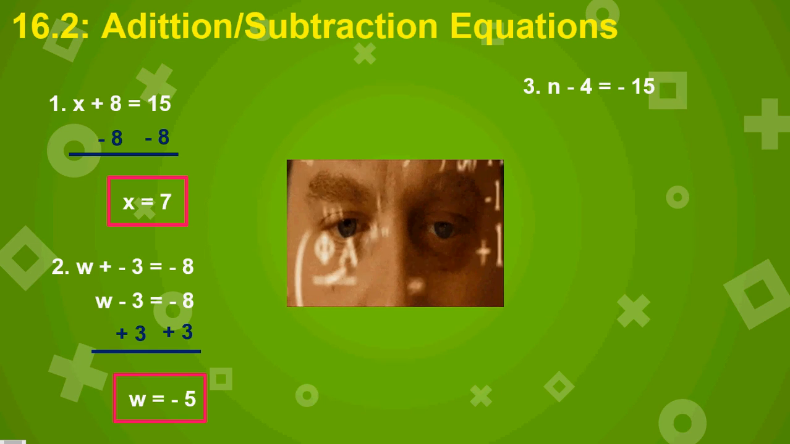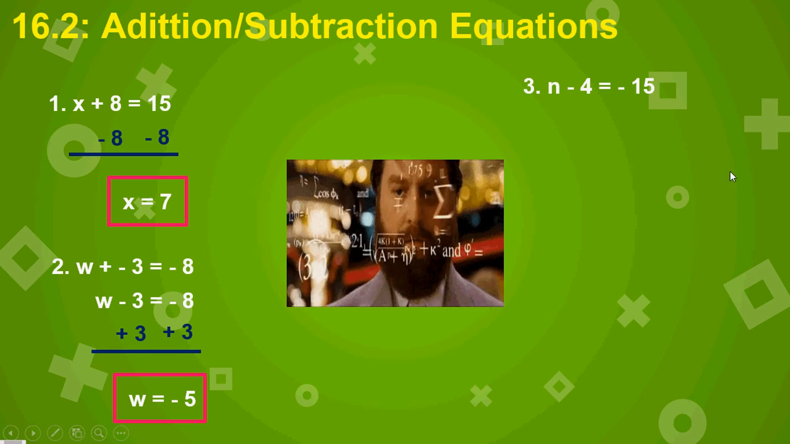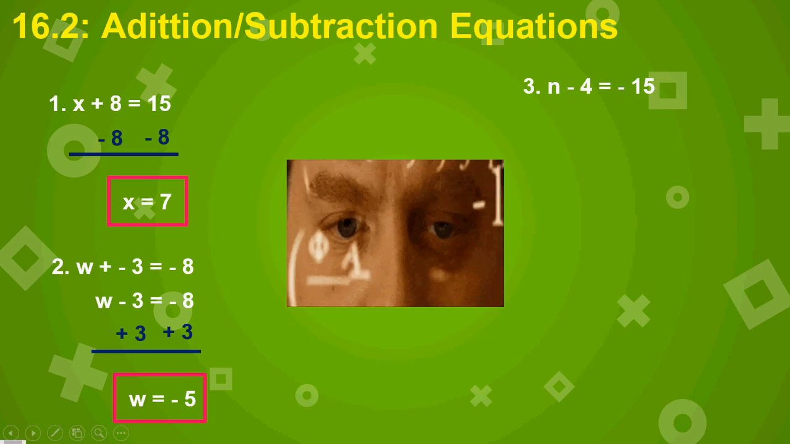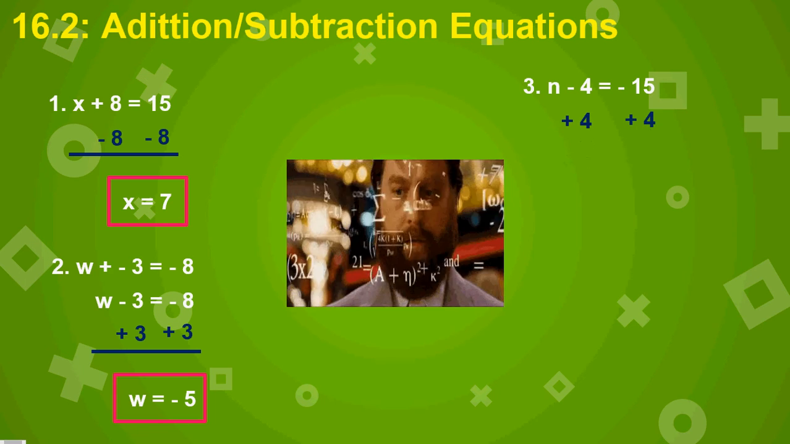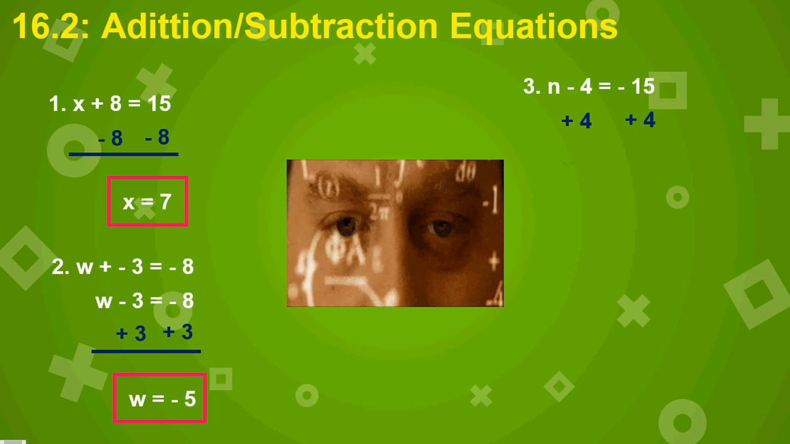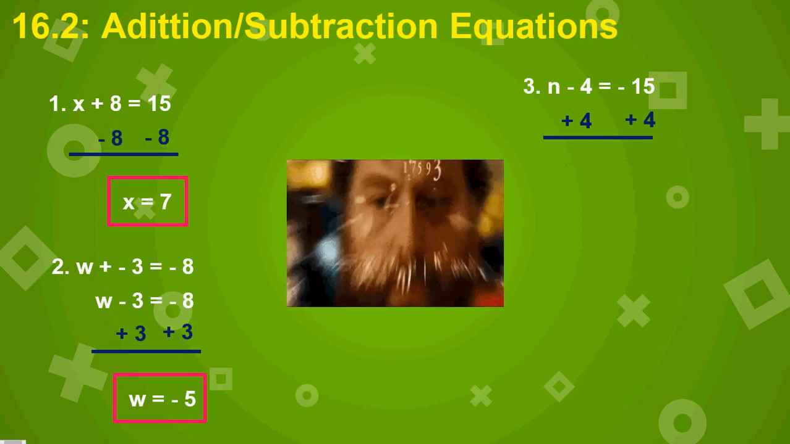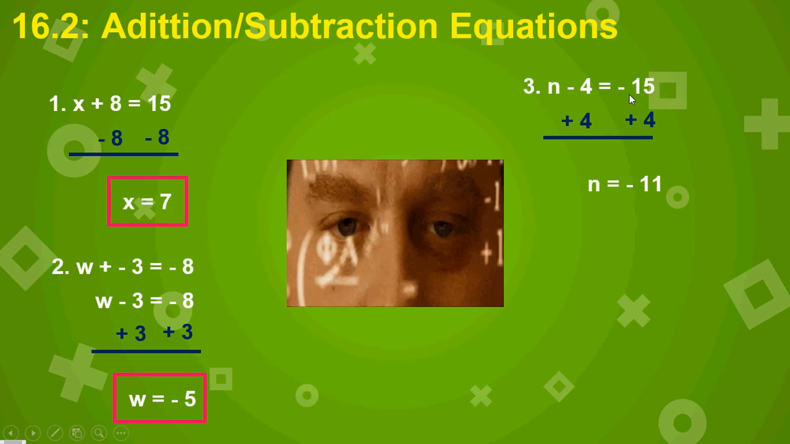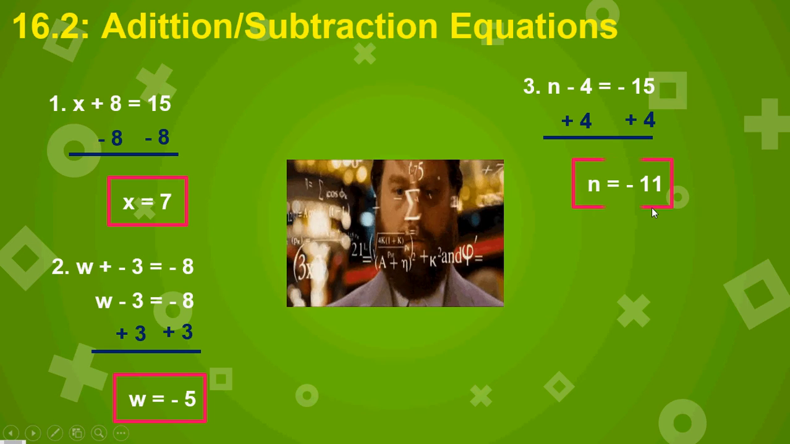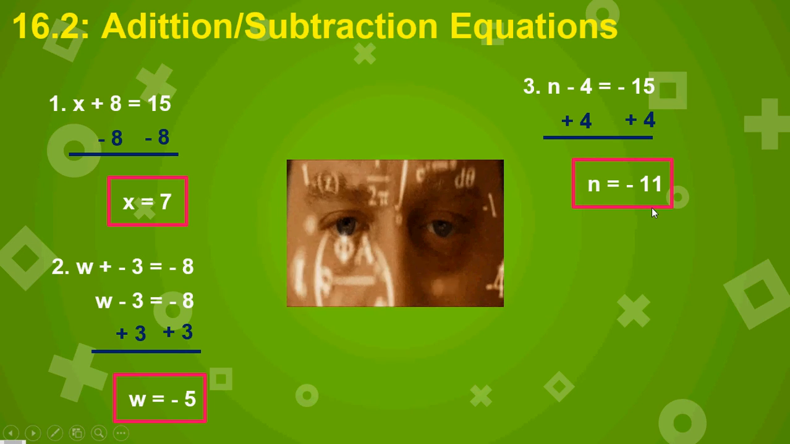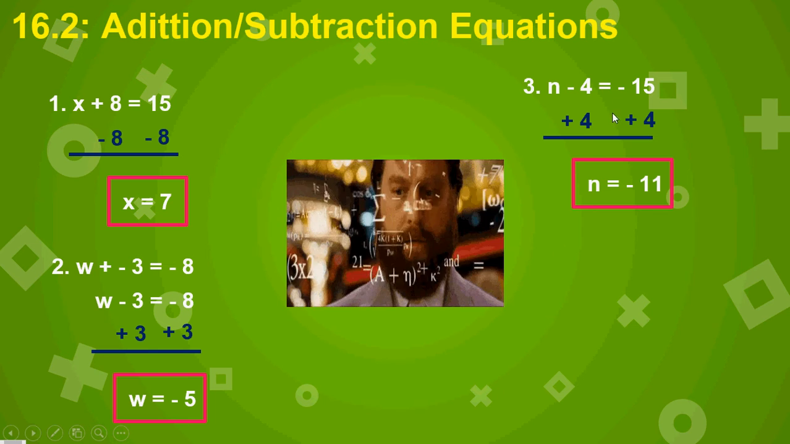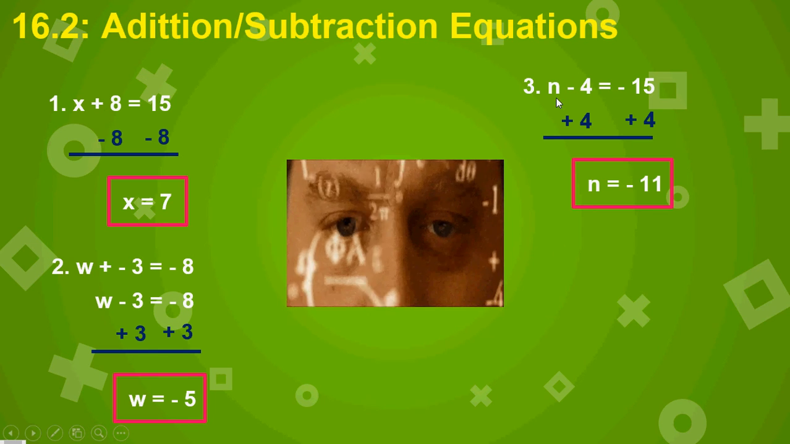I have this one. N minus 4 equals to negative 15. What I have to do over here? I have to add what? Plus 4 in both sides. Okay? So, esto me queda 0 y menos 15 más 4 menos 11. My final answer is negative 11. Okay? Acuérdense que el que vamos a sumar o restar es el que está cerca de la variable, no el